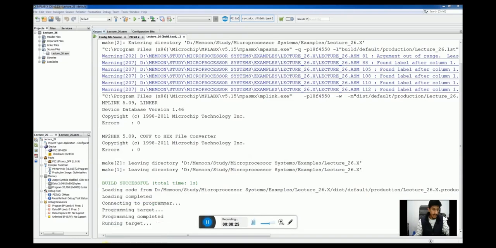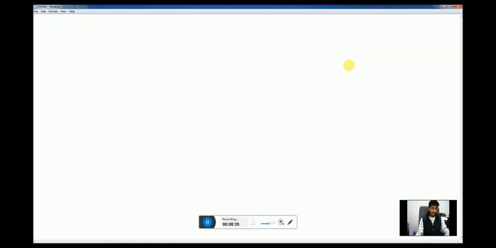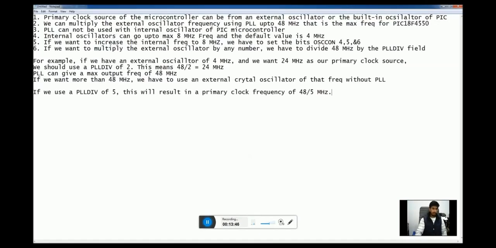The summary of today's lecture is, I hope that after today's lecture you will be able to see what kind of configuration options we have and how to use the basic ones amongst them and make programs for PIC18F4550.